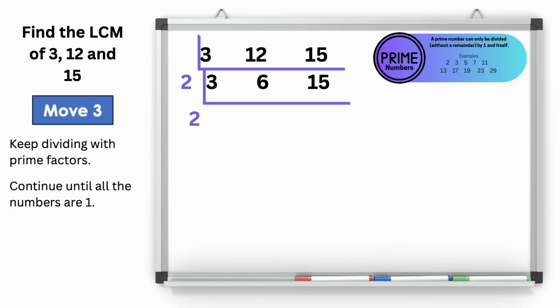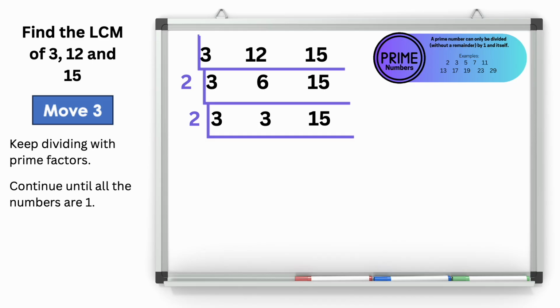2 can't go evenly into 3, so we're just going to bring that 3 down. And then 6 divided by 2 leaves 3. But we can't divide evenly into 15 by 2, so we're going to bring that 15 down. All right, boys and girls, these numbers that we have inside the ladder can't be divided by 2 anymore, so